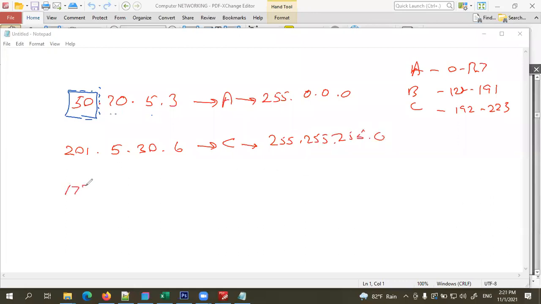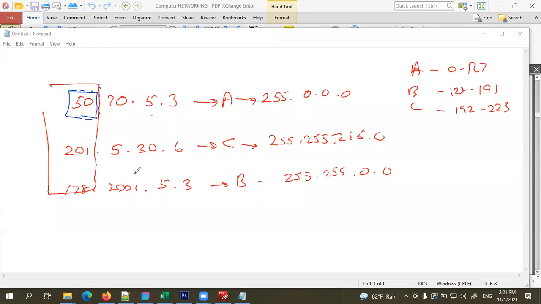Again, if I write 178.201.5.3, what is the class? It's class B, right? So the subnet mask is 255.255.0.0. Like that, you must be able to identify the subnet mask of an IP address by just looking at the first octet of the IP address.